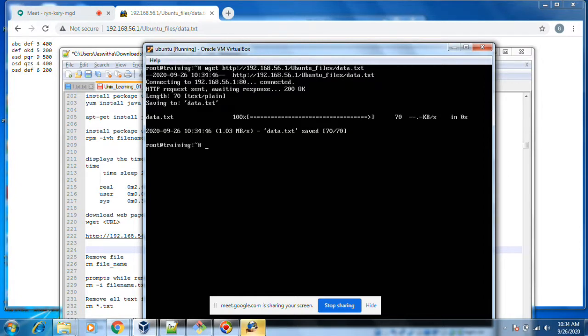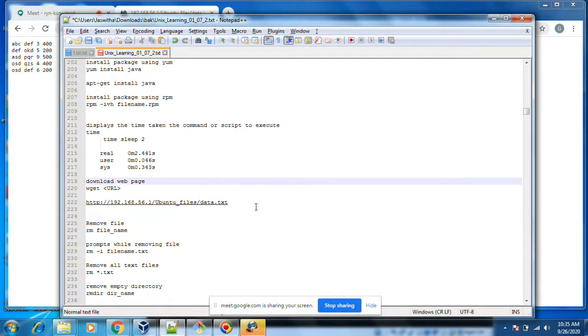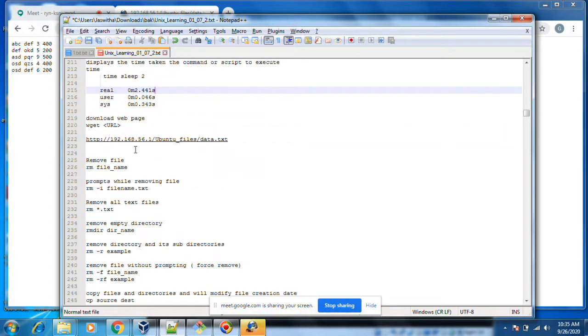Okay, now you see data.txt. You can see the contents in data.txt. I think this gives a clear understanding of wget. Okay, till now we have seen creating files and downloading files and all. How can we remove a file? Just a simple